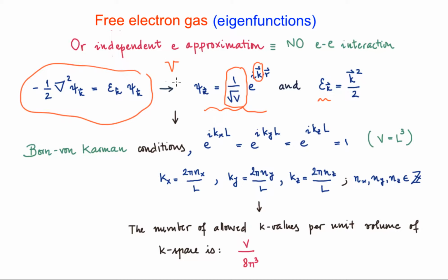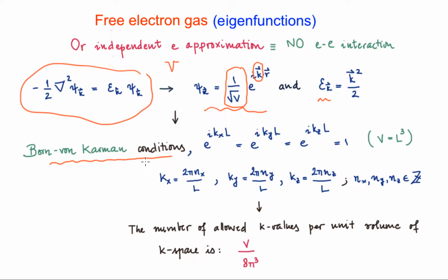As we have said, the solid occupies a volume V, so we consider some kind of boundary conditions on the surface of the solid. But we will not be interested in the electronic properties that the system will have on the surface. So we apply the simplest kind of boundary conditions we can consider, which are the von Karman